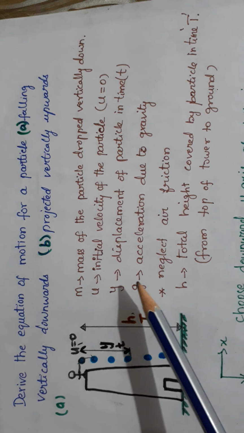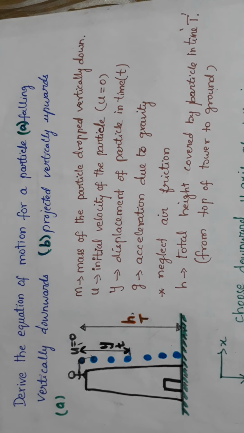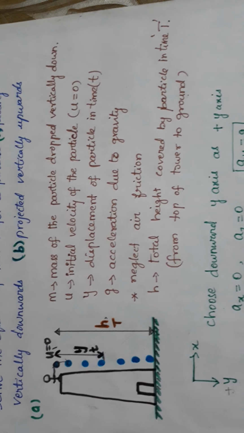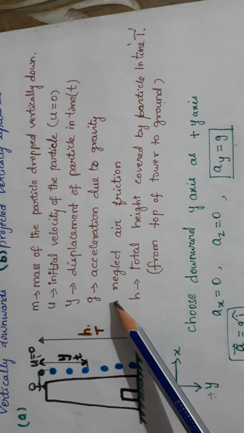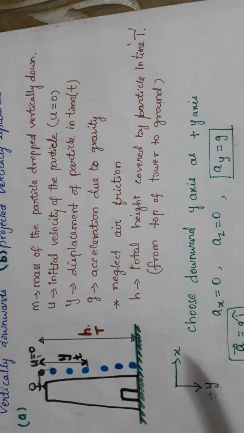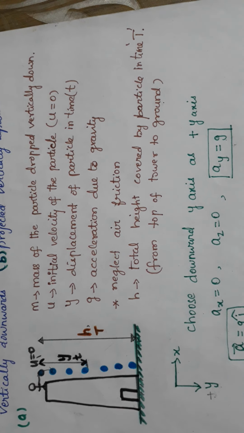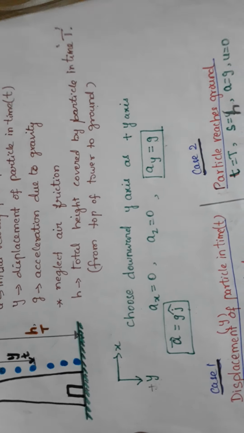What is m? m is the mass of the particle which is dropped vertically downward. u is the initial velocity of the particle, u is 0, and y is the displacement of the particle in time t, and g is the acceleration due to gravity, neglect air friction. h is the total height covered by the particle in time T, right? Now